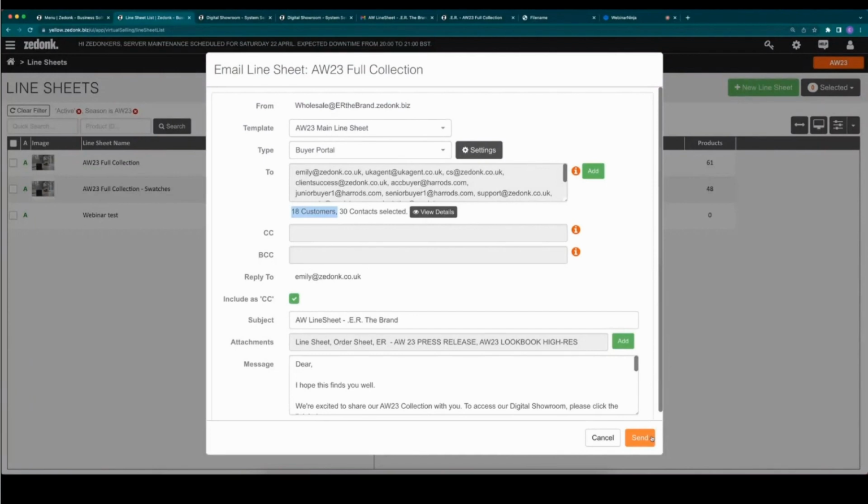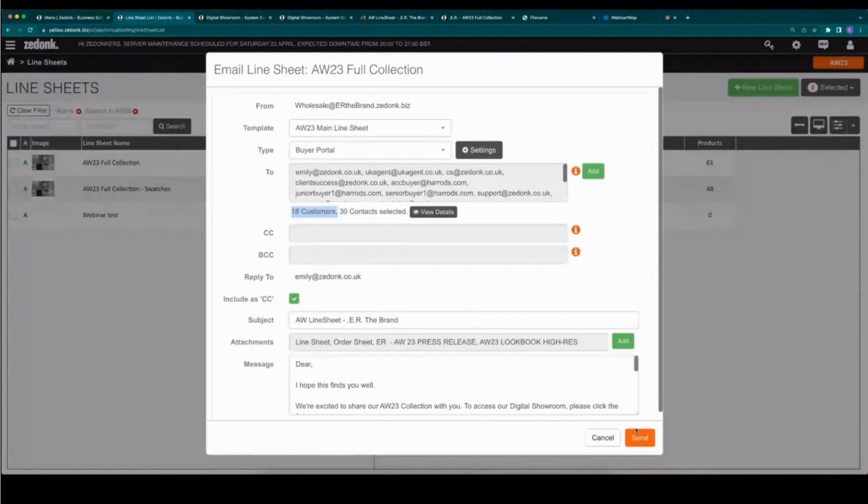Another thing to mention, and really the final thing to mention, is that you don't have to create different currency line sheets. Because everything is under one roof, Zedonk knows that Harrods pays in GBP, they know Galeries Lafayette Paris pay in euros. You don't have to create those different line sheets. You can send this out to everybody in bulk, and so long as the currency is set up correctly in that customer in Zedonk, then they will receive the portal in the right currency to that customer.